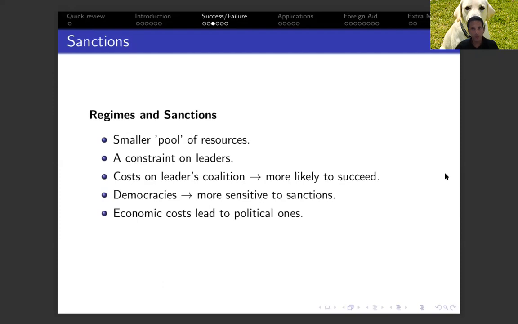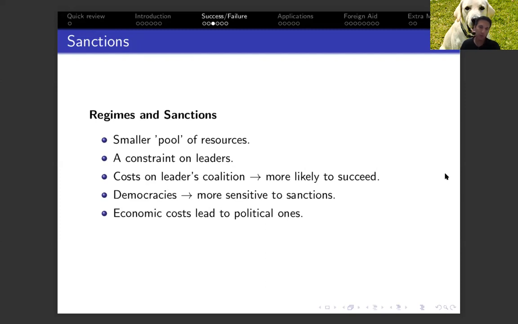Now let's go back to talk about regimes. Overall, democracies are more sensitive to sanctions because the electorate is bigger and the winning coalition is bigger. Leaders cannot provide private benefits in order to secure their positions. If the sanctions create enough cost on the population of a democracy, the population puts pressure on their leader, and if this leader resists the change, he's increasing the risk that he's going to lose the support of his public. And that's exactly what sanctions are intended to do. They're intended to create a political cost based on economic cost.